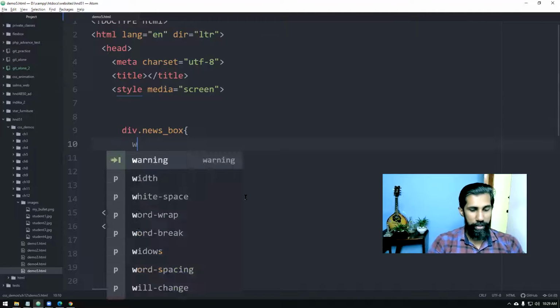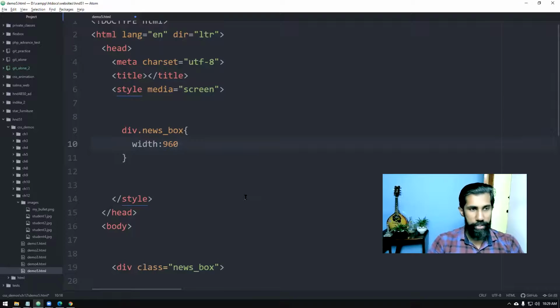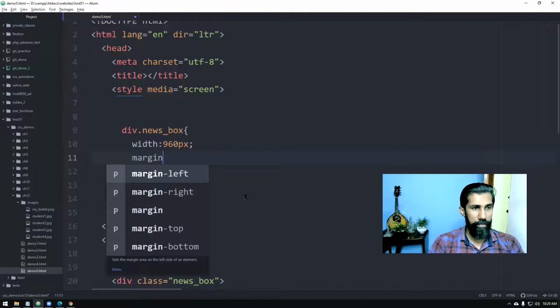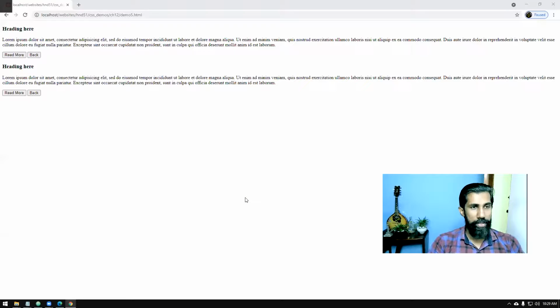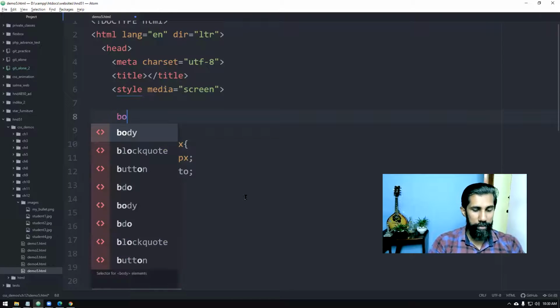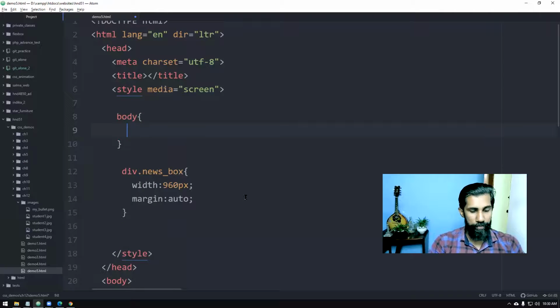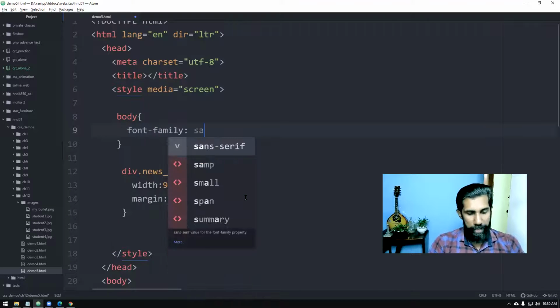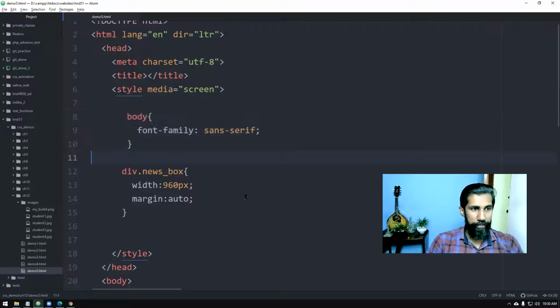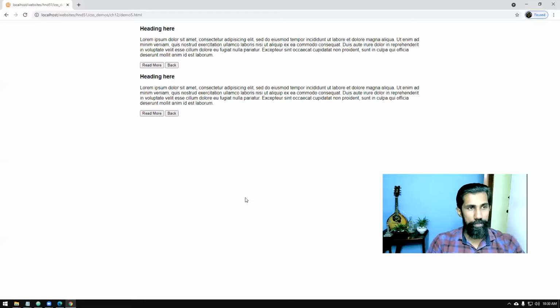We will give width 960px, margin auto, so things will come in the center. One more thing, the font family we will set to sans-serif. I'm not using anything new, the lesson hasn't come yet. After doing so, it looks like this.